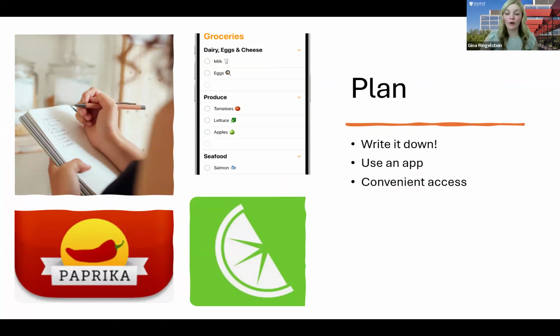So, write it down. Whether you want to invest in a meal planning pad, I really like this one from Amazon that has a magnetic on the back. You put it right on the refrigerator, and this makes it convenient. Especially if you're eating with others at home or someone gets home before you and can start the cooking process, no one's asking you 100 times, "Hey, what's for dinner? What are we doing tonight?" It's already there for you and everyone else at home to see.